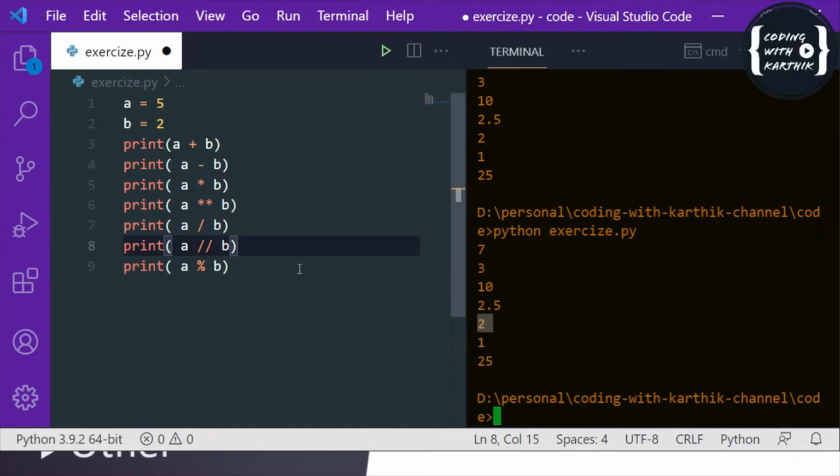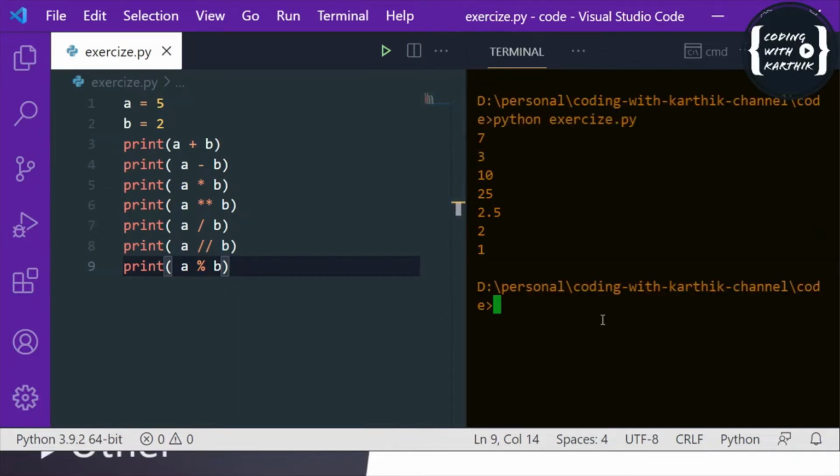Okay. And there is one more thing, this modulus operator. So this is to get the remainder. Remainder in the sense when you do the division, right? So basically, if you run, we are getting 1, right? So 1 means when you run a modulus b, it will give the remainder.